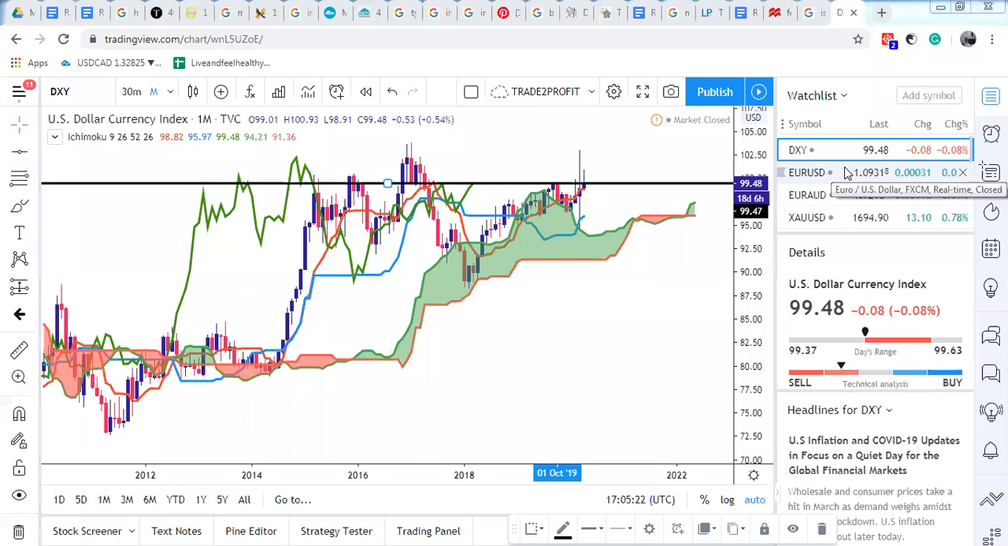I always begin my analysis with the dollar index, that's the DXY, because knowing what the dollar will do will guide you into knowing what other currencies will do, especially currencies paired with the dollar. So DXY, based off the Ichimoku, is still bullish. We're going to be using the Ichimoku cloud analysis and all that type of analysis to watch the market